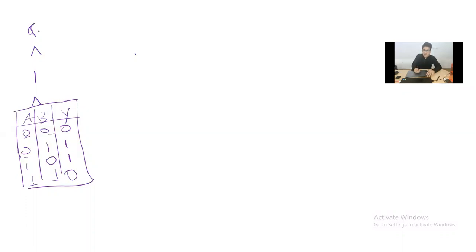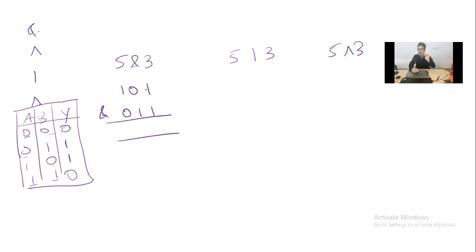So now let's see the three things. I want to know the output of 5 AND 3, then 5 OR 3, then 5 XOR 3. These three outputs we will see. So the binary value of 5, I have already taught you how to calculate, is 1 0 1. Binary value of 3 is 0 1 1. Now I have to do the AND operation between them, right? Okay, AND. What is 1 and 1? 1 and 1 is 1. 0 and 1 is 0. Because in the AND operator, both have to be 1 for the output to be 1. Okay, what is 1 and 0? 1 and 0 is 0.